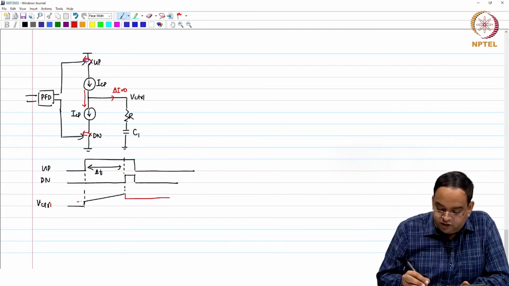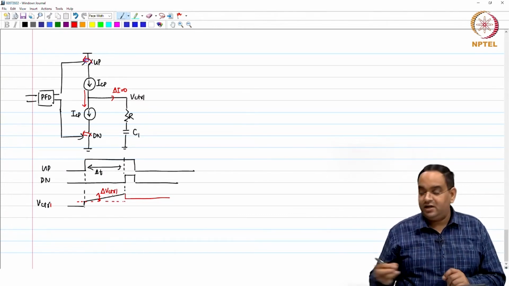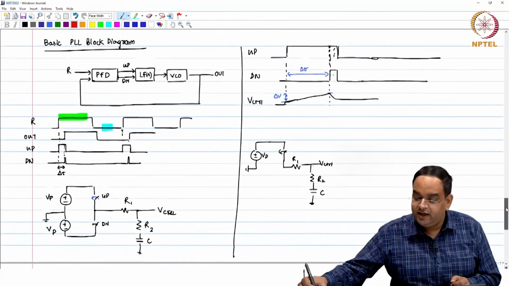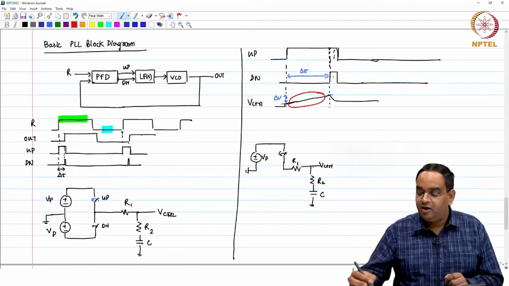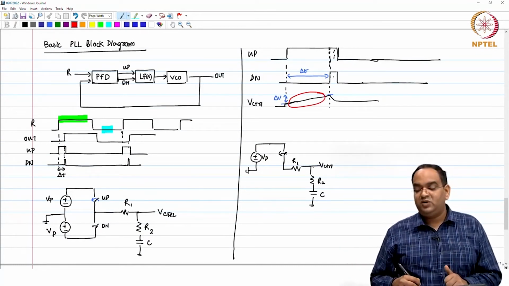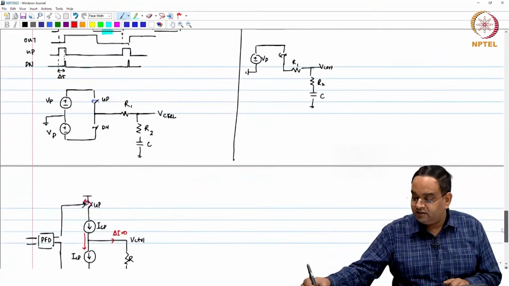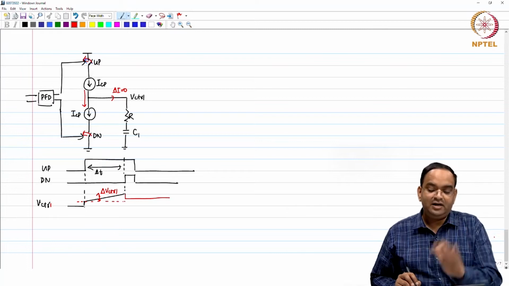Okay. So, this voltage variation which you have, delta V control, is also proportional to your delta T. Previously, I did not write the exact expression or exact waveform here, because there you will see an exponential settling with respect to R1 and R2, whereas in this case there is no exponential settling,